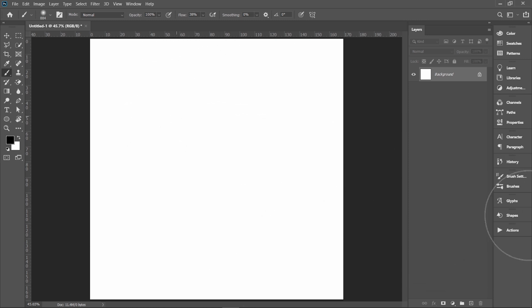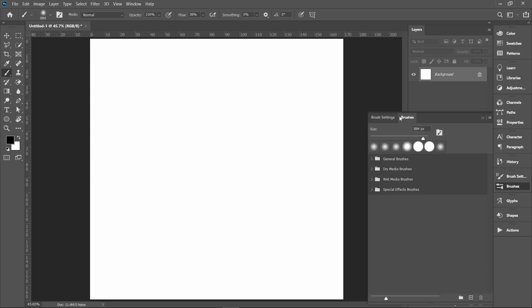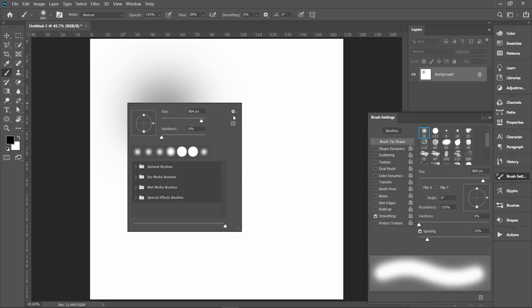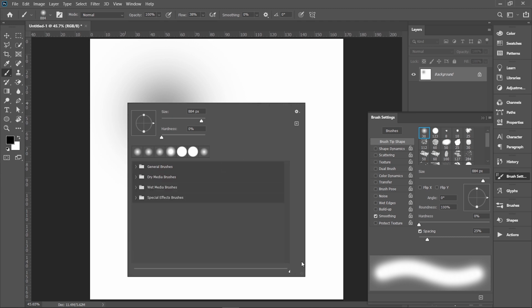You can also find brush properties in this panel as well. Again, right click on the canvas to get the brush properties. By default, these 4 brush groups are there. You will observe that the brush tip is visible here. It may be different in your interface. You can change the size of the brush tip or brush icon by the slider at the bottom.